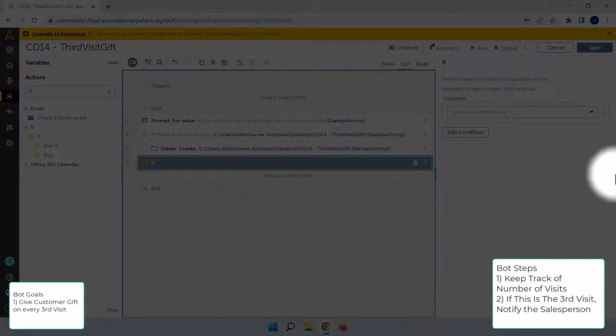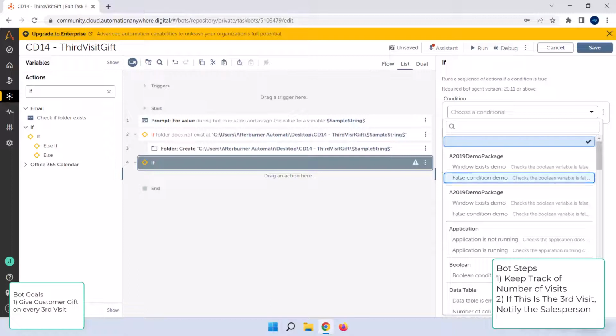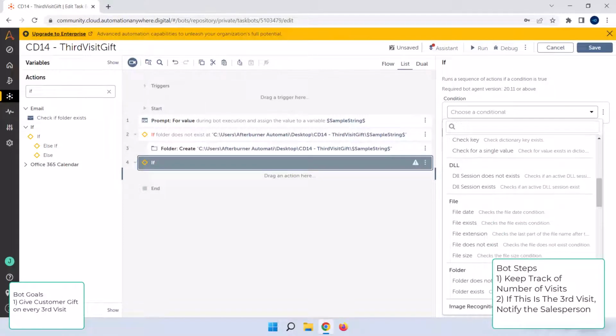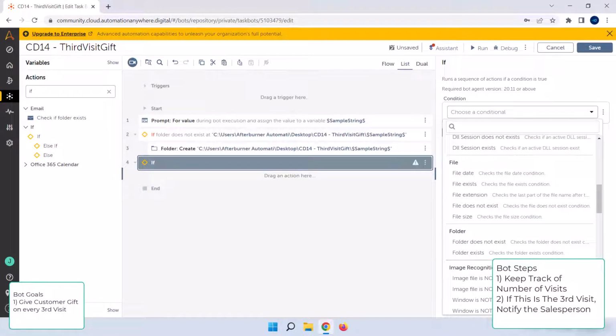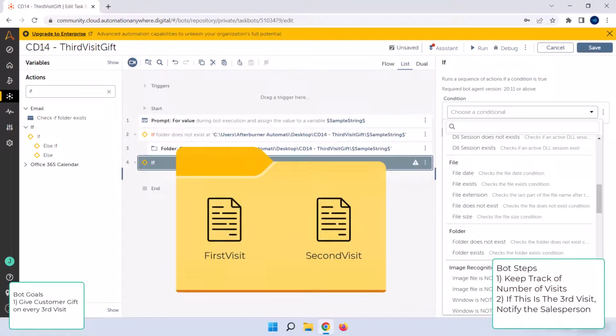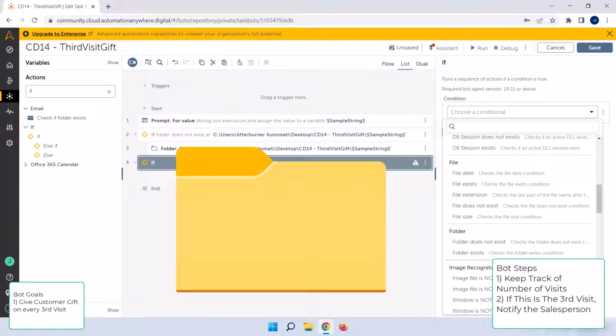In the condition dropdown, let's scroll back down to the file and folder options. It doesn't look like we have any options to tell if the folder is empty or not, so how else can we do this check? If we think ahead a little bit, we'll remember that on the third visit, both the first visit and second visit files will be deleted, and the second visit file will only be created if the first visit file already exists. So, if the first visit file doesn't exist, this will be the first visit, and we need to create